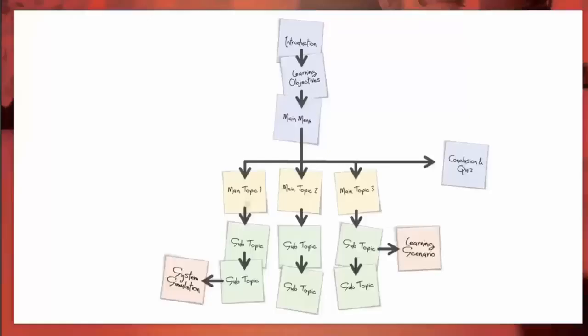And once you start doing this, the process of storyboarding your course becomes a lot easier because you know where to start. Start at the introduction, and then start writing learning objectives, and then start the main menu slide, and then you start writing a slide for main topic 1 and main topic 2 or whatever. And it starts guiding you through the process of writing your course slide by slide, which is the struggle that people have, is taking all that content and where do I even start? Slide 1, you know what I mean? This will help you organize that.